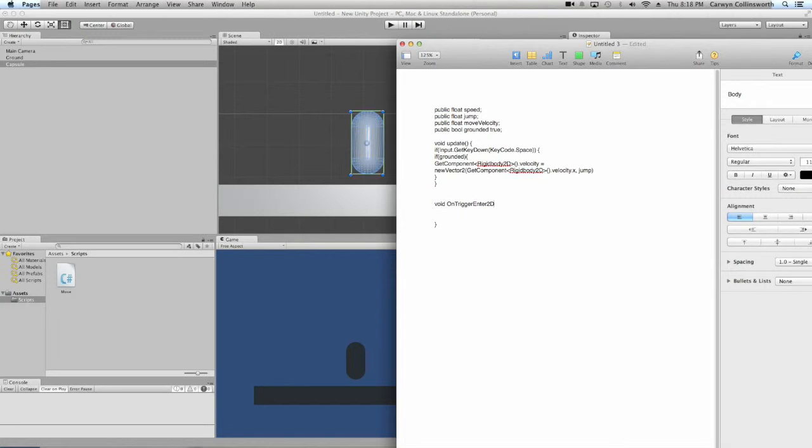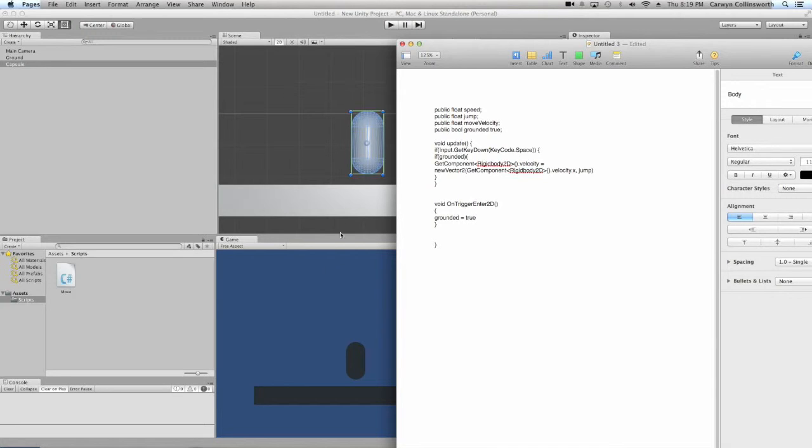So that's a void, it's built in, you can't make those up. And then you're going to write grounded equals